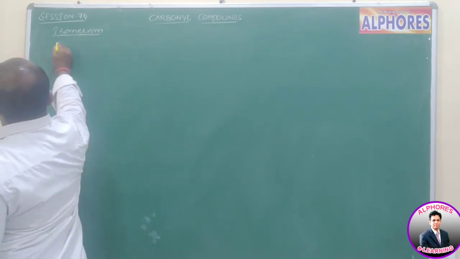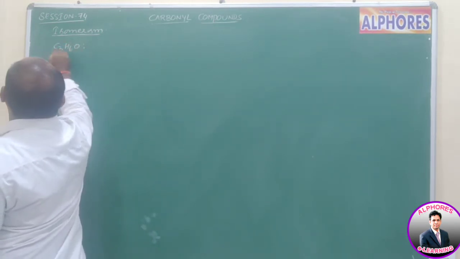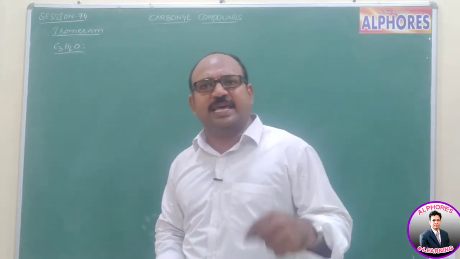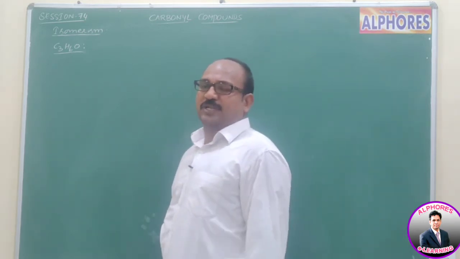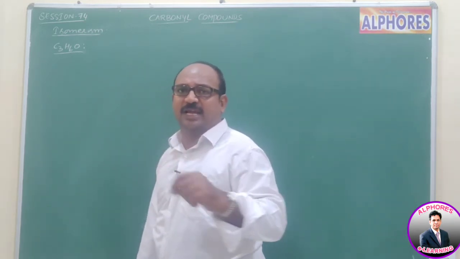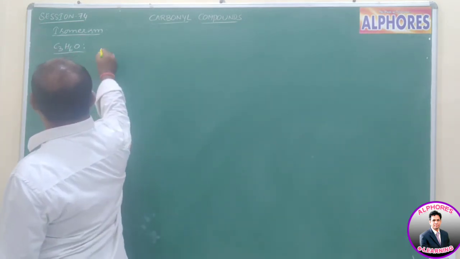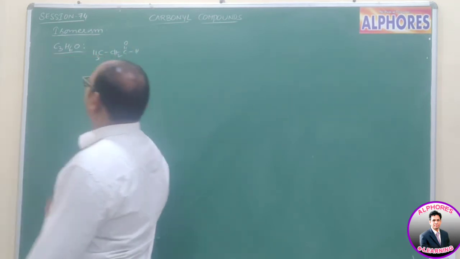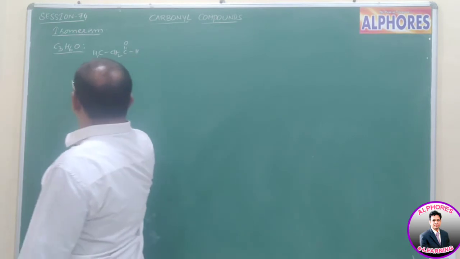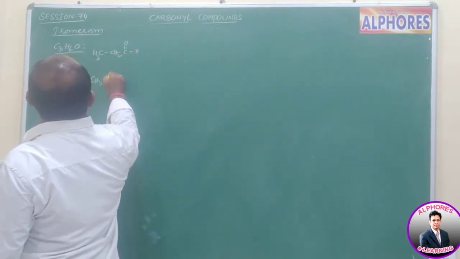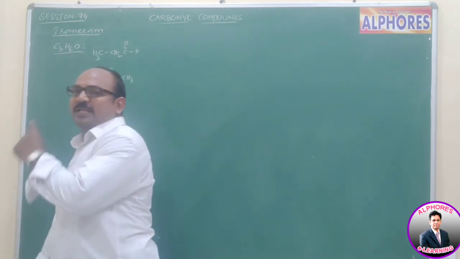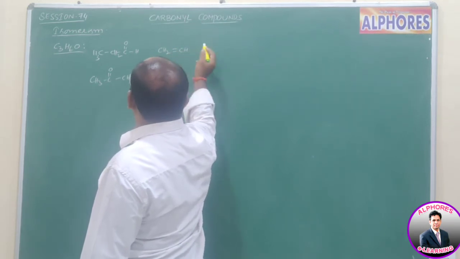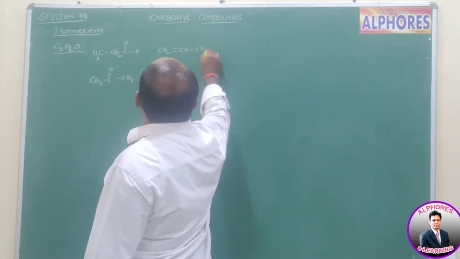So functional isomerism, compound having C3H6O. How many acyclic and cyclic isomers are possible for this one? Let us see. First of all, 3 carbon containing aldehyde, CH3CH2CHO. This is propanal. And ketone form CH3C=OCH3. So this one is aldehyde and this one is ketone. For aldehyde I am going to write enol form, CH3CH=CHOH.